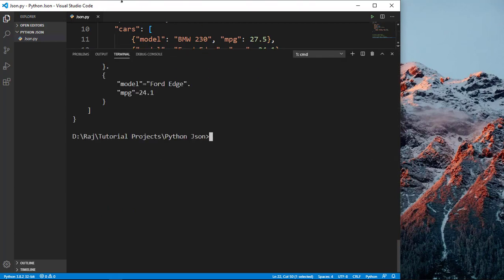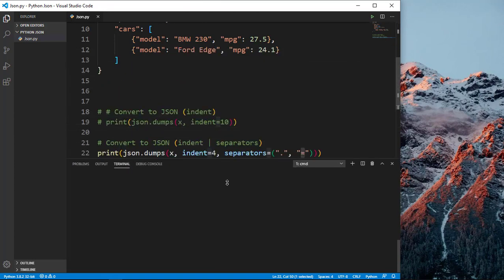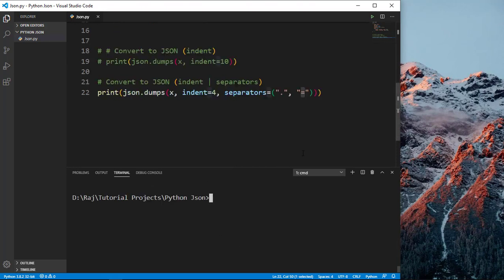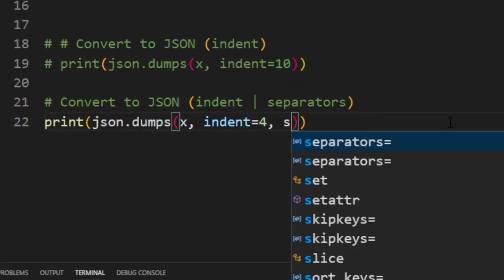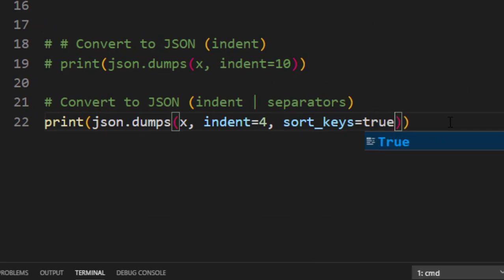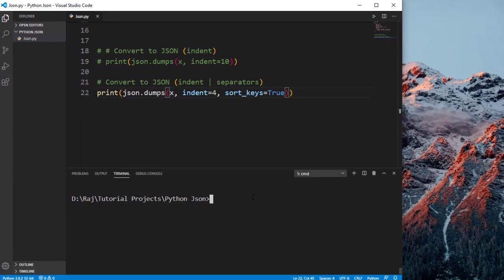All right guys, the next thing you can also do is order the result. You can order whatever results. For example, let me show you an example right now. I'm just going to get rid of the separators for now, and in this case I'm going to say sort_keys equals True. This one should be capital True. And if you take a look at this, guys,